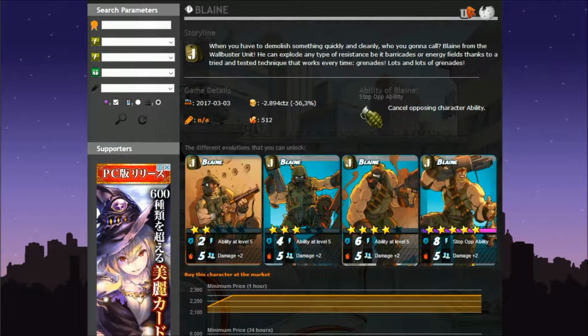And then finally, we have our 5-star Blaine, the uncommon for La Junta at 8-5 with Stop Op ability. This is definitely a mini General CR. He's a very good 5-star card, and with SOA, he's definitely going to be a great card to add to your collection. Obviously, SOA is very strong, with his +2 damage making him an 8-7, which just makes him